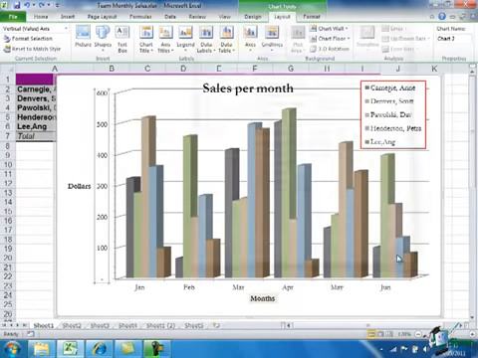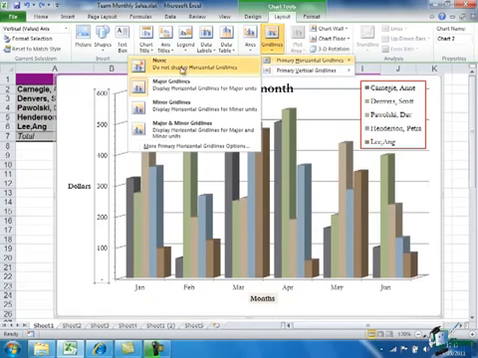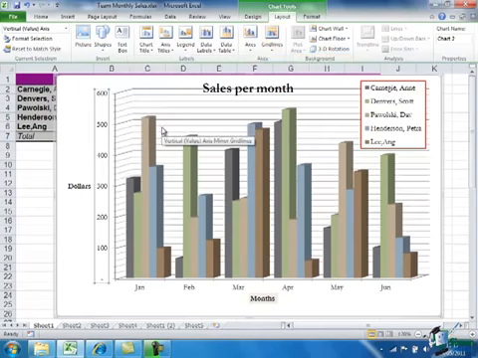So let's now go back into grid lines again. Primary horizontal grid lines. Currently we have major switched on. We could switch on minor, or we could switch on both. So let's switch on major and minor grid lines. Now what we can see now is both sets of grid lines, and the major ones are actually slightly heavier